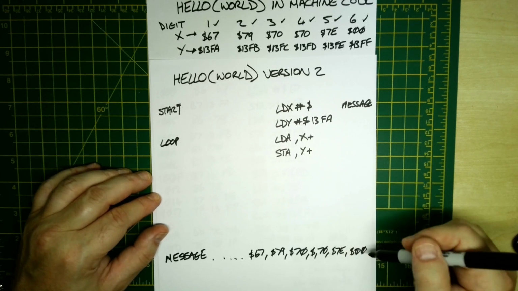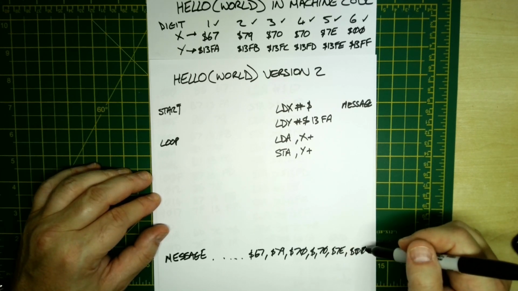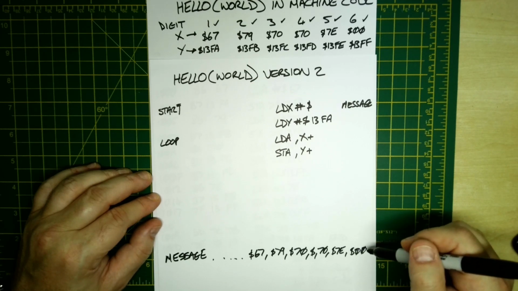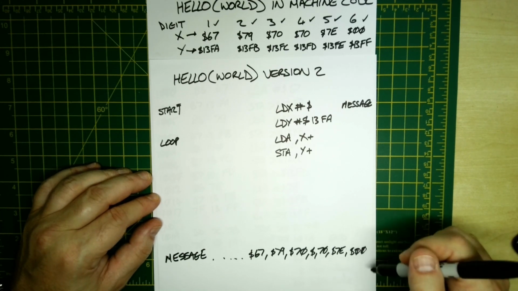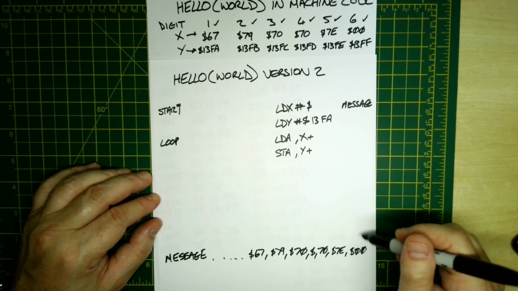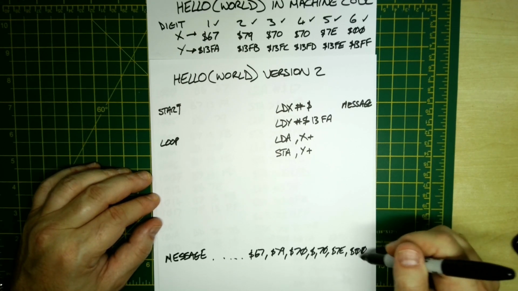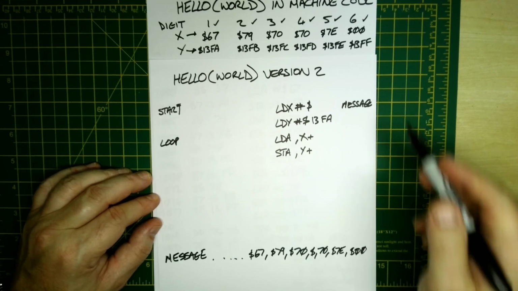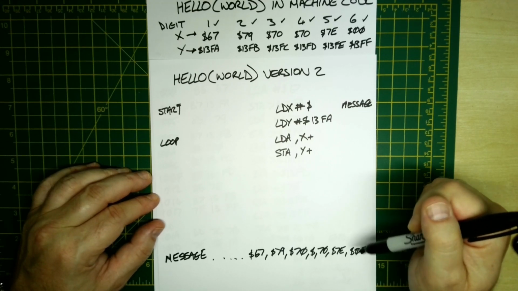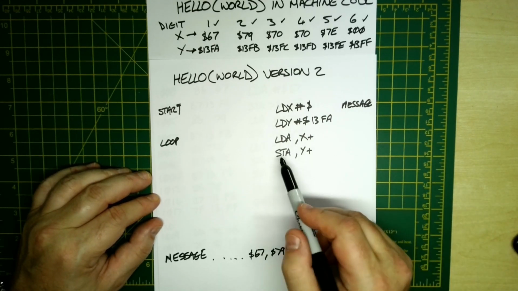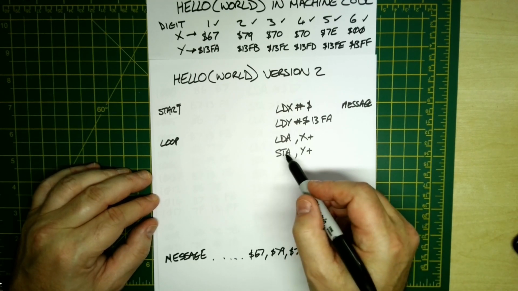Now, it's a little unusual this, and normally 00 or null is used as a terminator in C, for example. The only thing here is that 00 in this particular case happens to be blank on the display, so the equivalent of a space. Normally, a space is 20 hexadecimal or 32 decimal. But in this particular case, we need to use 00 both to blank out segment 6 and also as the end of the message. When we store A to Y plus, if the value is 0, then it will set the 0 flag in the condition code register.